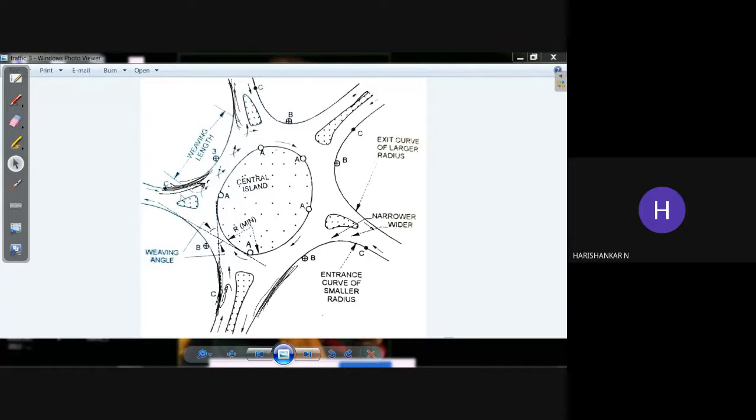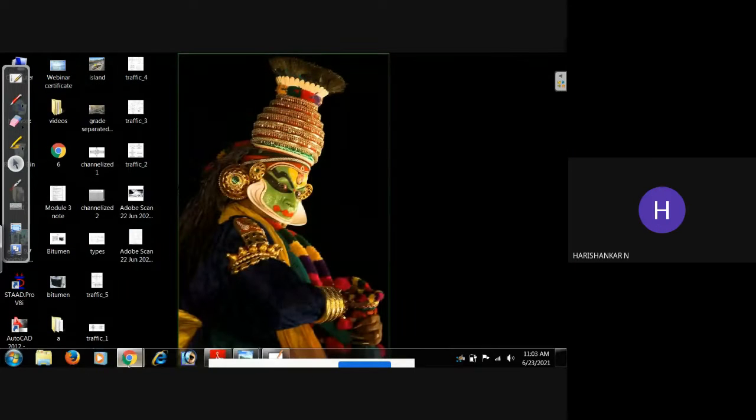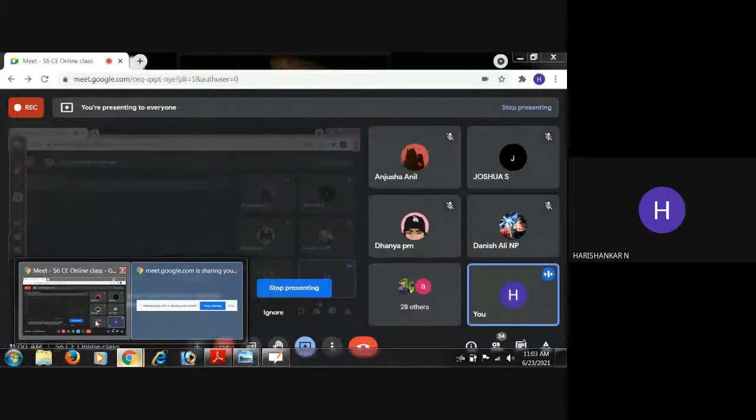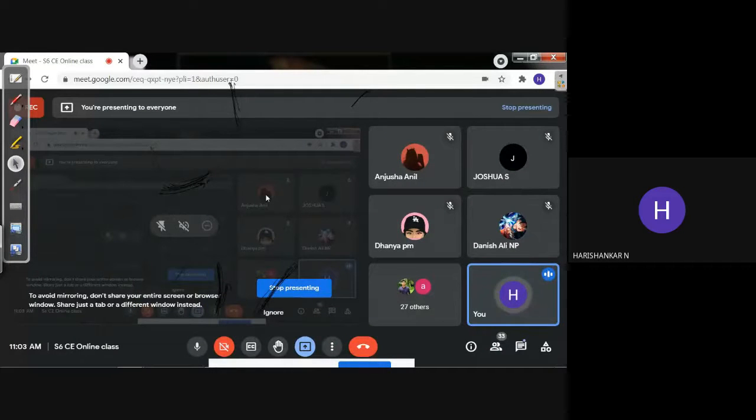But once it decides to leave the rotary, what will happen? Definitely, it will speed up. If the vehicle is speeding up, then you cannot provide a steep curvature. So for the leaving vehicle, it will speed up, and for speeding-up vehicles, it's better not to provide that much curvature. That is why the path of entrance always has more curvature at the rotary compared to the path of exit. I hope these points are clear for you.